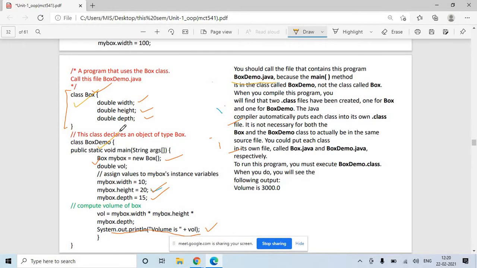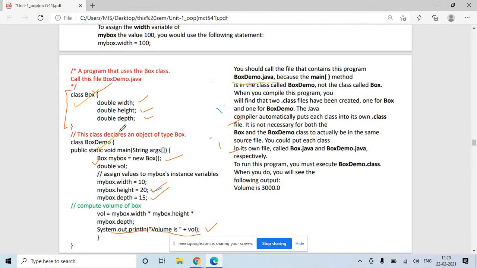If you write multiple classes in the same file, then the file name should be the same as the class name where the main function is written. In this program, the main function is written in the BoxDemo class, so the file name should be BoxDemo.java. Okay, so this is how you can execute this program.